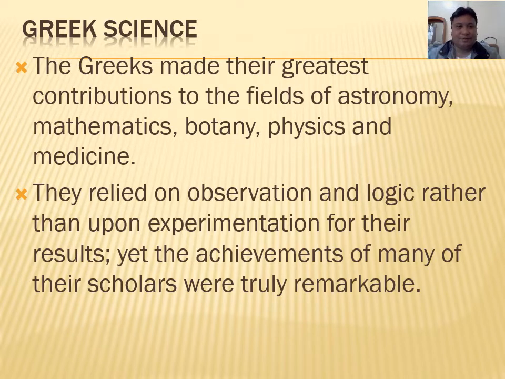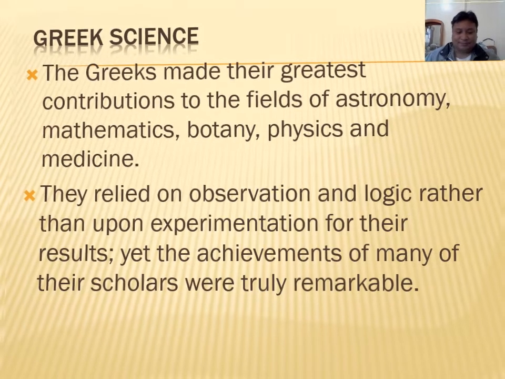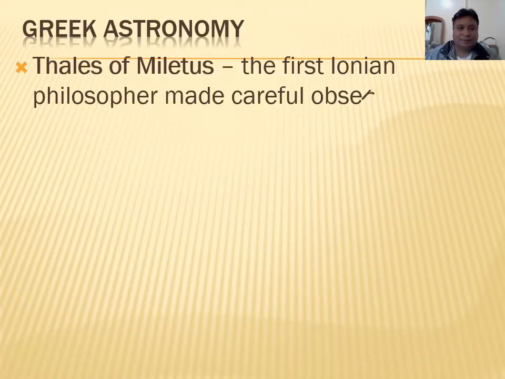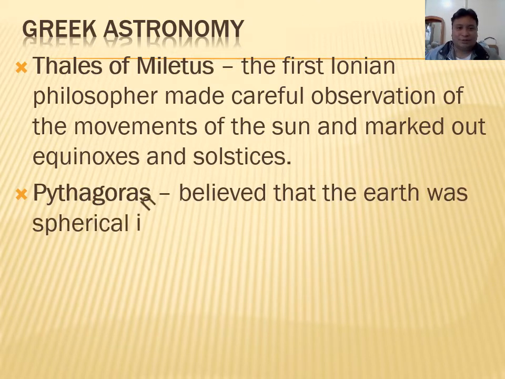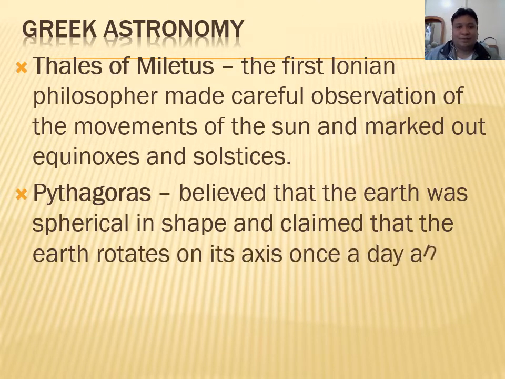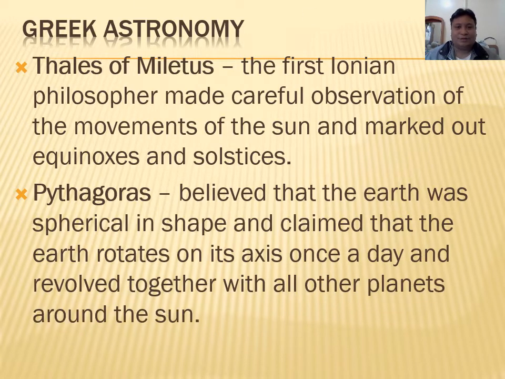Okay, so next, Greek astronomy. Let's start with Thales of Miletus, the first Ionian philosopher, who made a careful observation of the movements of the sun and marked out equinoxes as well as solstices. The other one is